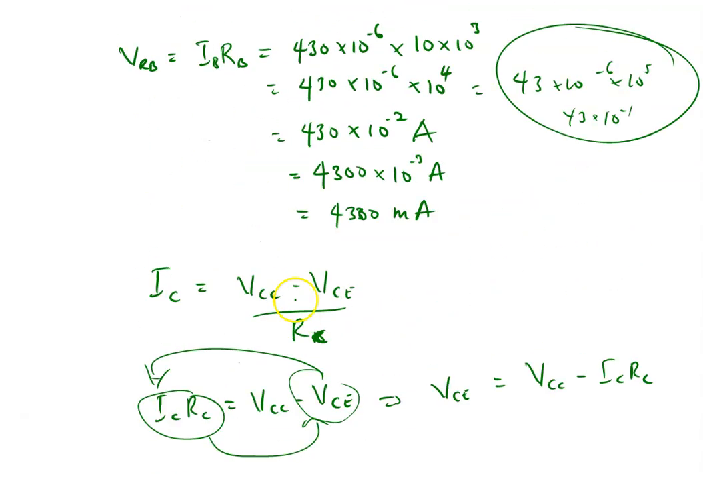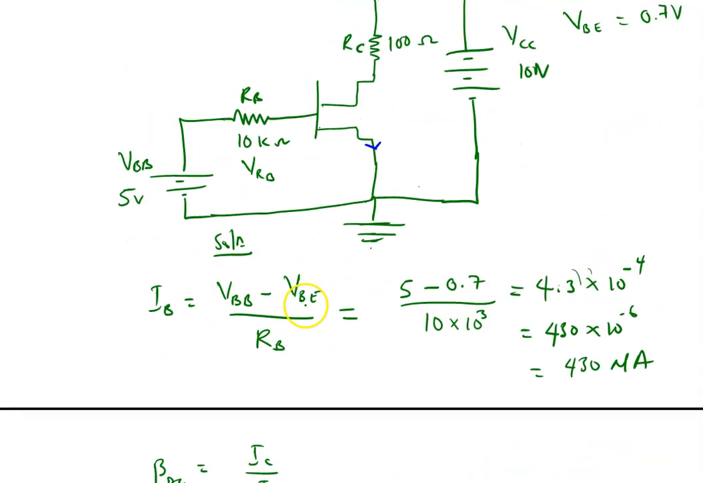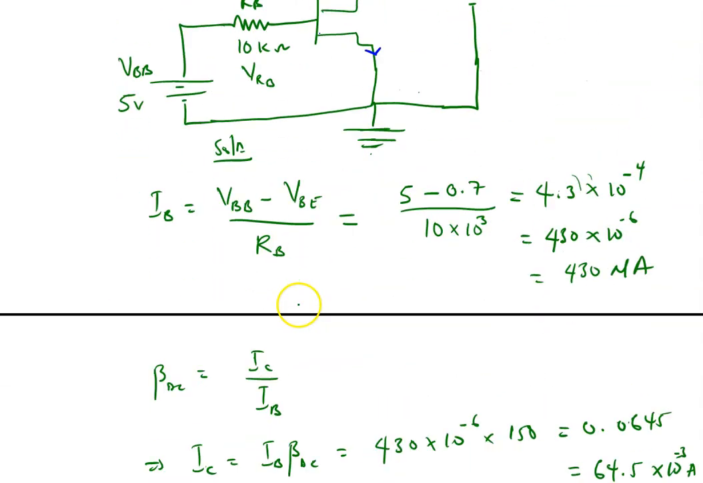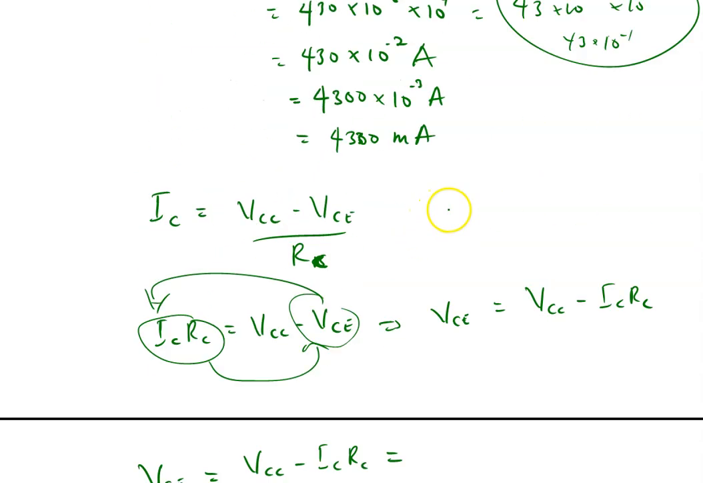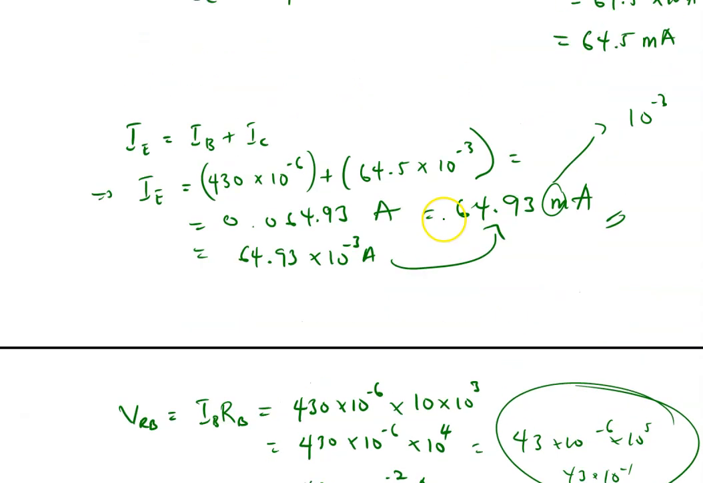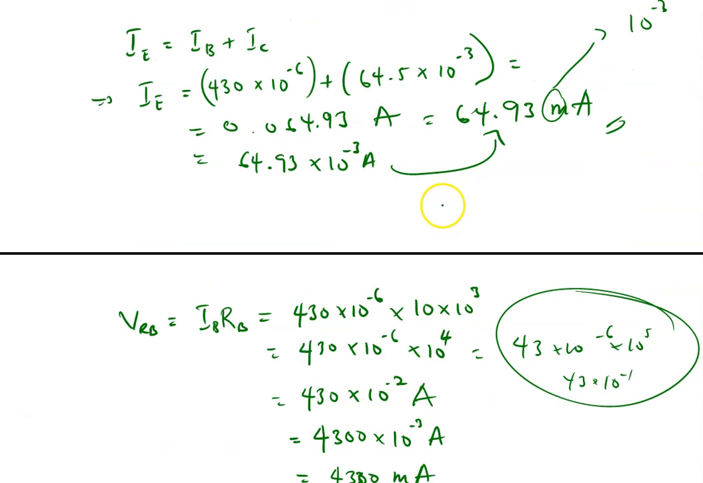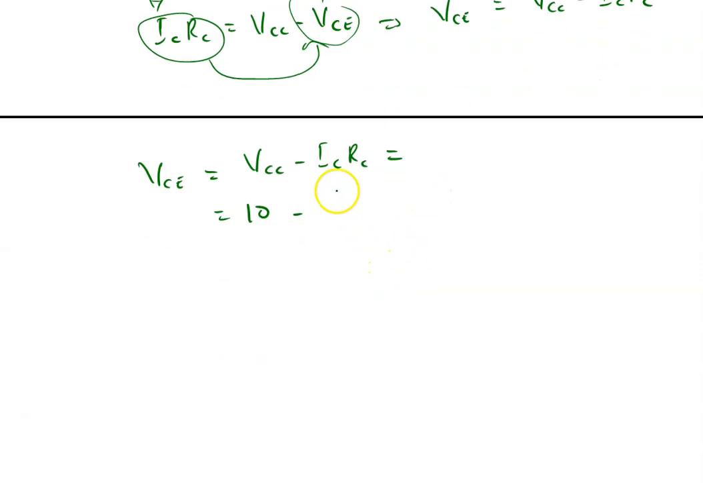VCC was given as 10 volts, and RC is 100. So at the end, you are going to get 10 minus what was IC? We found IC to be 64.5 milli. So it's going to be 64.5 times 10 exponent minus 3, all times 100, that is times 10 exponent 2. So at the end, you are going to get 10 minus